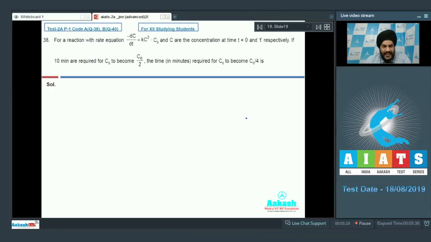Let us look at the next section, students. This section contains 3 questions. The answers to these questions are in the form of double-digit integers. Okay. We have question number 38. For a reaction with rate equation minus dC by dt equal to Kc square,